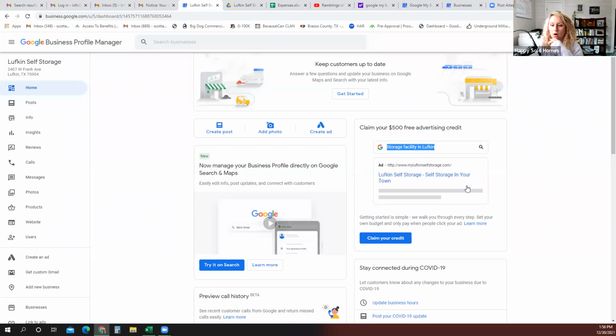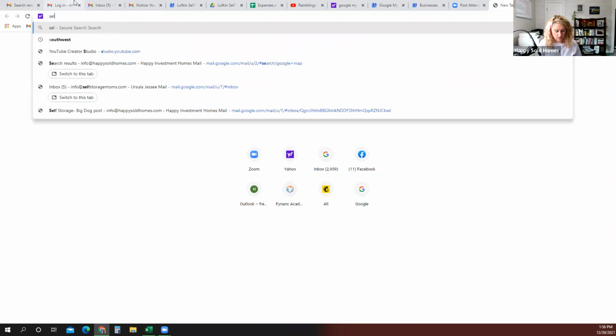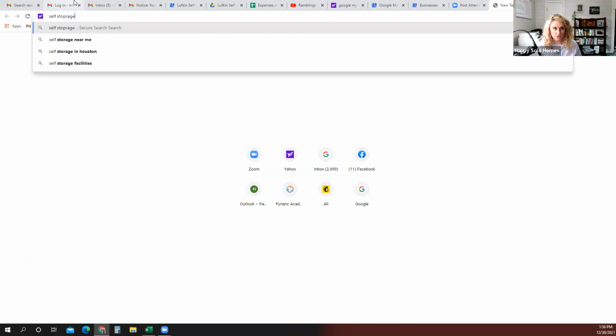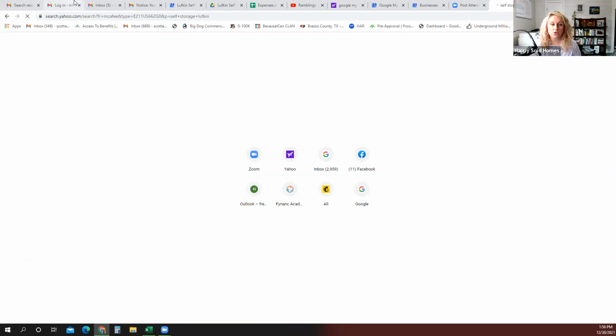And so as people, if you go on your computer and you type in Lufkin, if you type in self-storage, this is where it would come up. So if I typed in, I don't have any credits right now, so it's not going to come up, but I'll show you another company. So if I type in self-storage Lufkin,